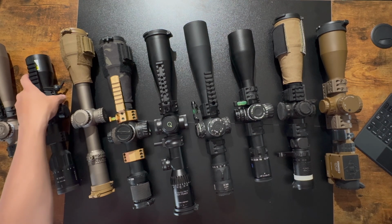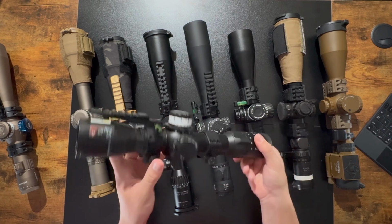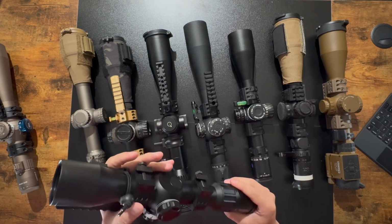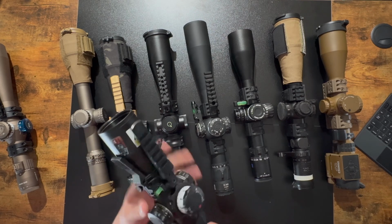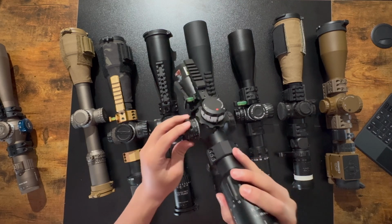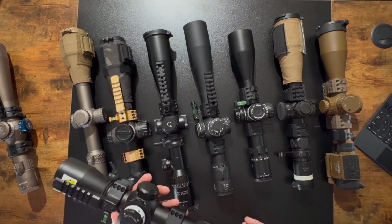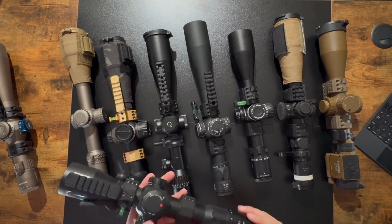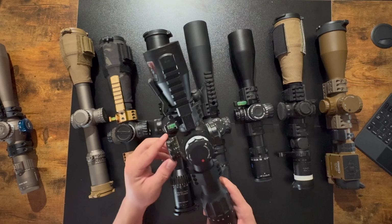Next up, we'll go with the Kahles. This is the 3-28, the DLR version. Okay, so this one is equipped with left side windage, which I actually love. I love left side windage. My 5-25s have had left side windage, and if I'm gonna run a Kahles, I'm absolutely 100% running left side windage because